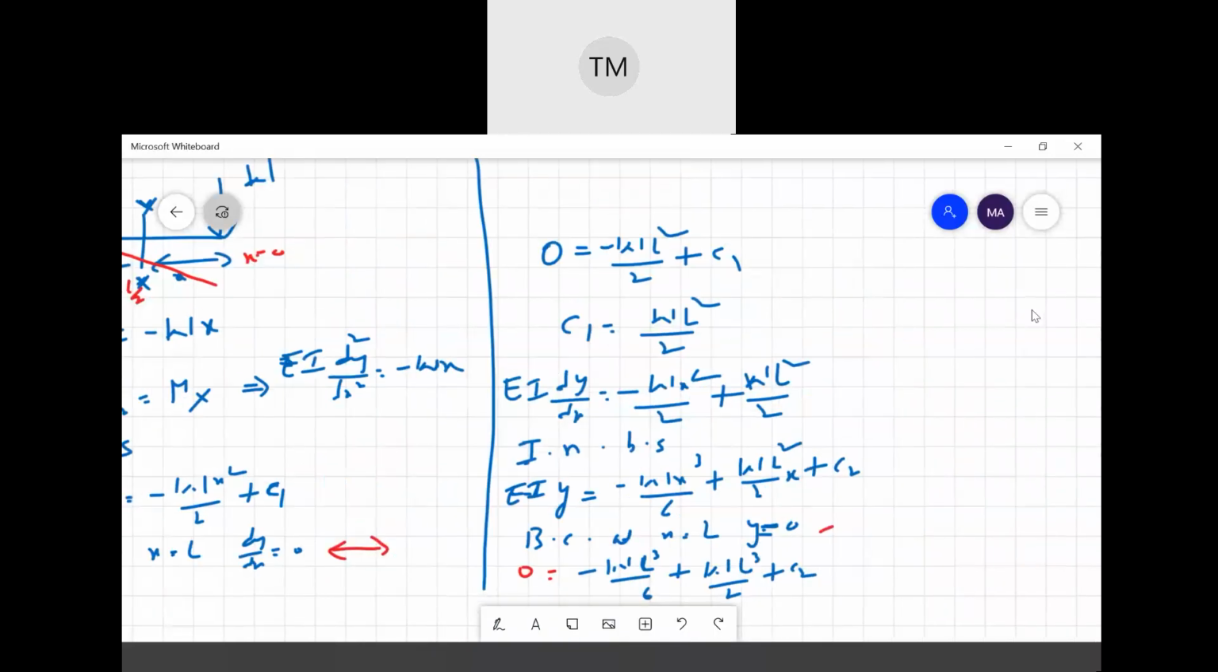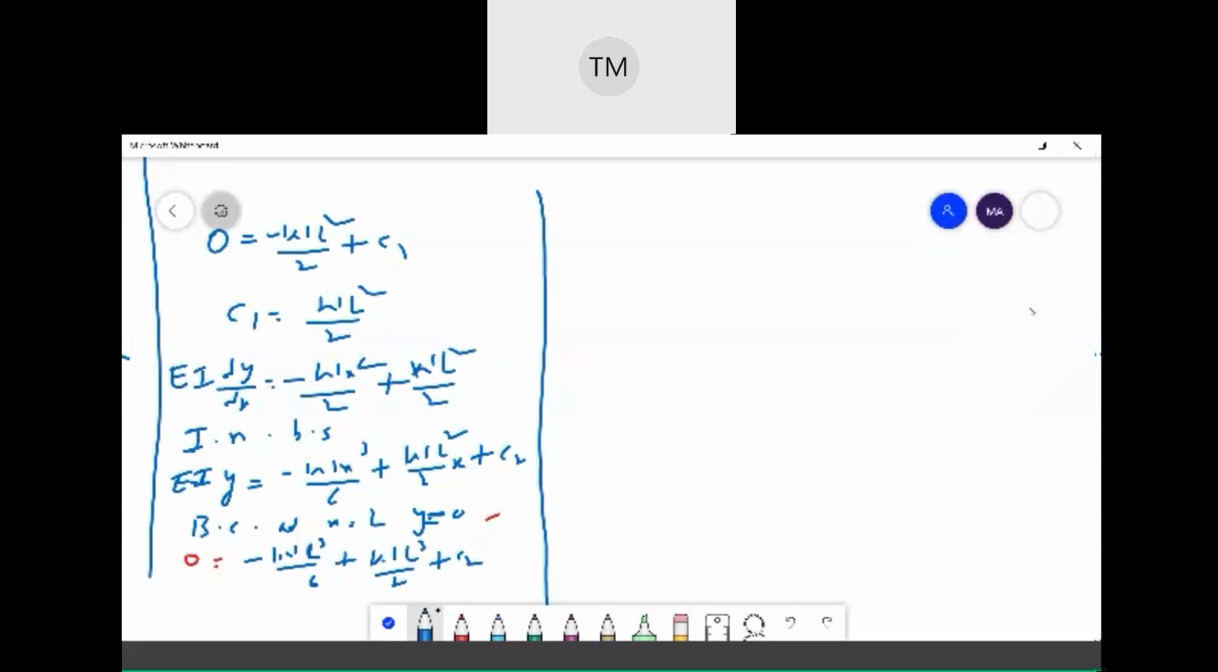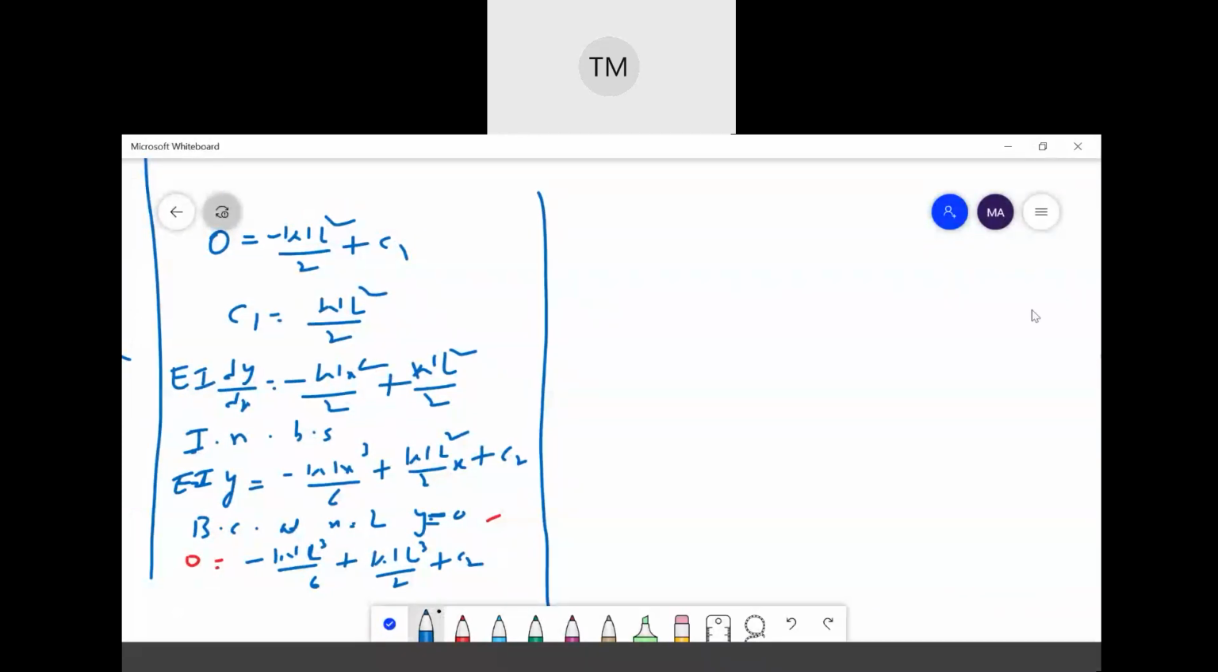Have to do the LCM here. What happens if I do the LCM? The value I will get is WL cube by 3. Here the LCM is 3 2s are 6. I will get 6 as LCM. Then here 3WL cube by,